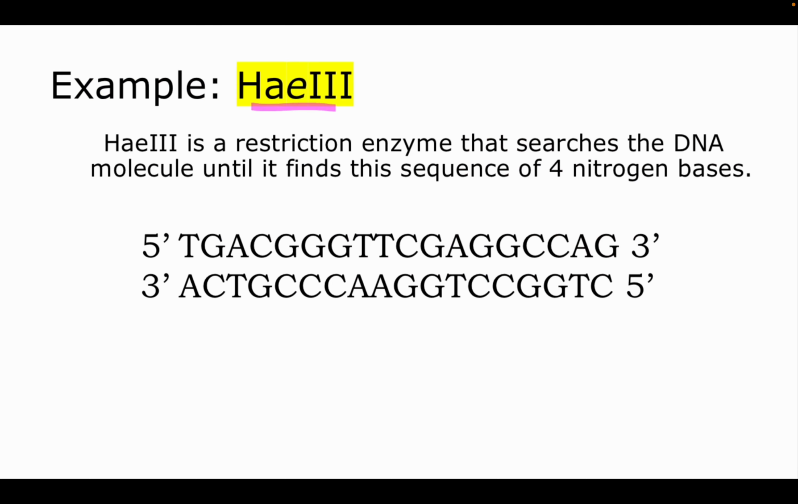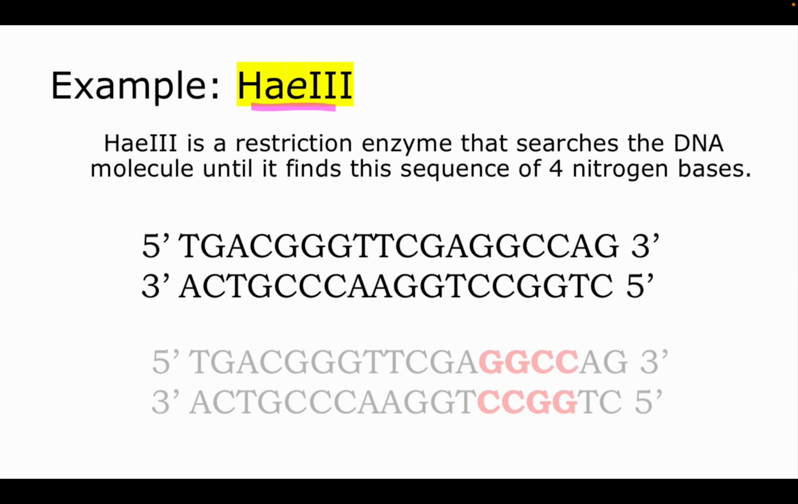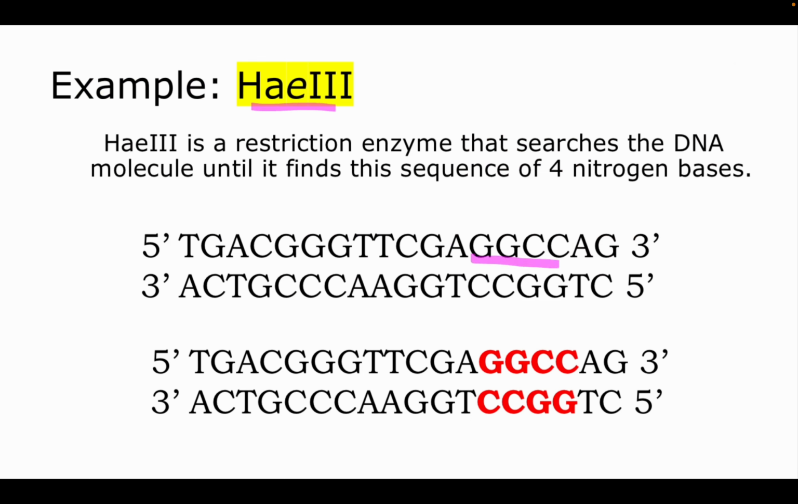So the HaeIII. What nitrogen bases does it recognize? You have here an example of the sequences. For example, we have here GGCC, CCGG. Meaning to say, this HaeIII recognizes this sequence, class. And what do you notice here? GGCC, GGCC. Again, we term it as